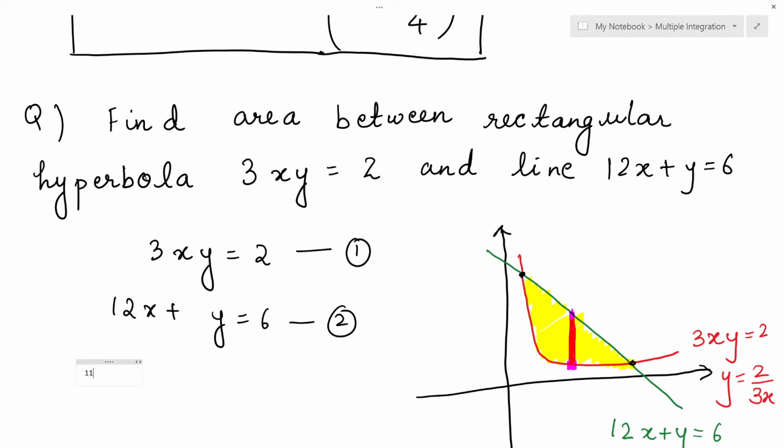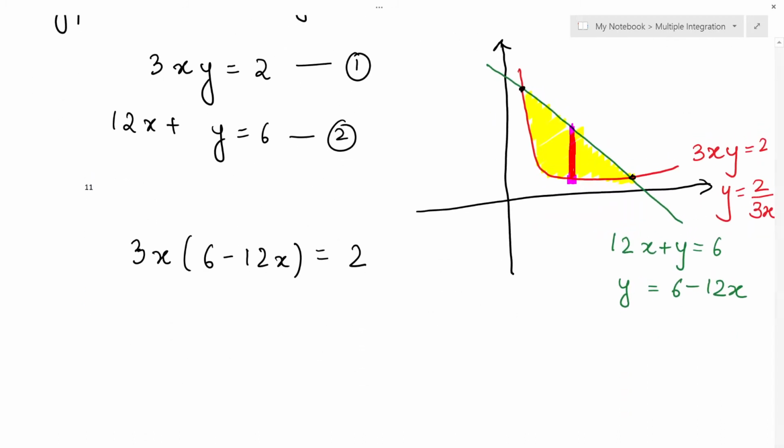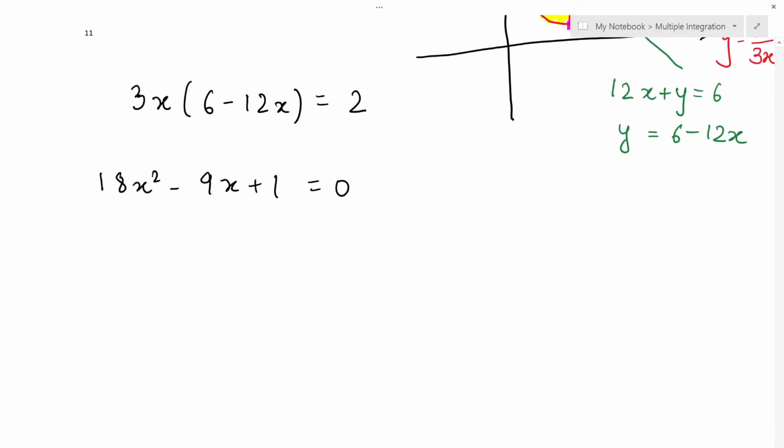So let's substitute the values of one curve into another. Let's substitute the value of y now. That is nothing but 6 minus 12x is equal to 2. Substituting 2 in 1, I get a quadratic equation again, and I need to find the values of x and y. So the values of x are 1 by 3 and 1 by 6. If I substitute the values, the simultaneous values will be 2